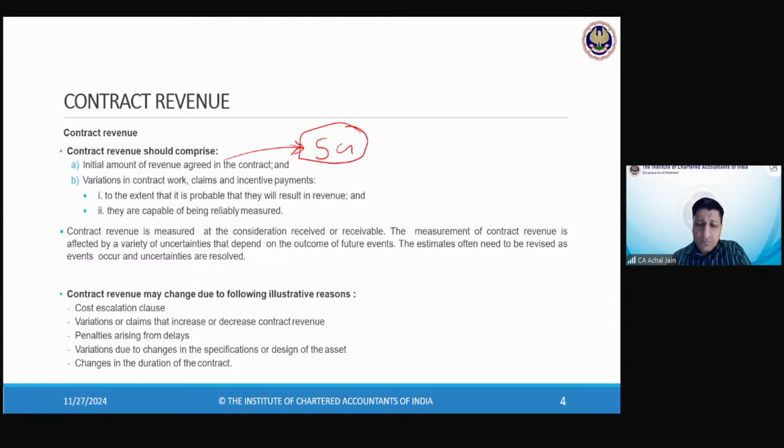Now, tell me one thing. Forget about combining and segmenting for some time. Forget about whether it will meet the construction criteria or not to fall under AS7. I want a general aspect to be discussed with you. So let's suppose two parties enter into a contract. One is the contractor and second is the customer, and they agree for an amount, say 5 crore. Do you think that will be a challenge for revenue recognition? Over to you quickly. Do you think that will be a challenge for revenue recognition? Over to you.